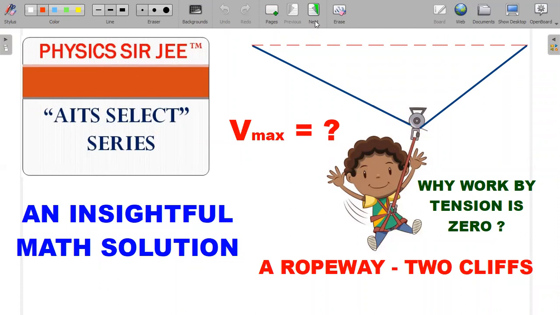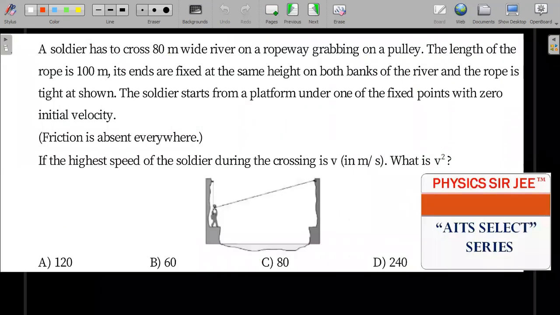I have already presented the problem in the community post. Just in case you are new or missed that particular post, here's the formal wording of the question. You can pause the video here, try this particular question by reading it on your own for 1 or 2 minutes, and then do come back for the concept explanation and also the mathematical insight that I'm going to provide at the end of the video.